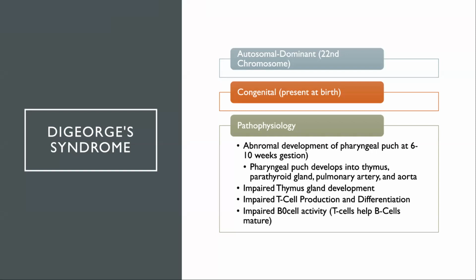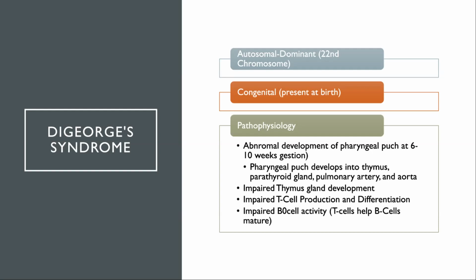The pathophysiology behind DiGeorge syndrome is that our pharyngeal pouch typically develops into our thymus, parathyroid gland, pulmonary artery, and aorta. But sometime between 6 and 10 weeks gestation, the development of those pharyngeal pouches into those different body parts is deficient. So we have abnormal development of those different body parts, and it can affect one, it can affect many. So our symptoms and our treatment are going to be based on which part the pharyngeal pouch is unable